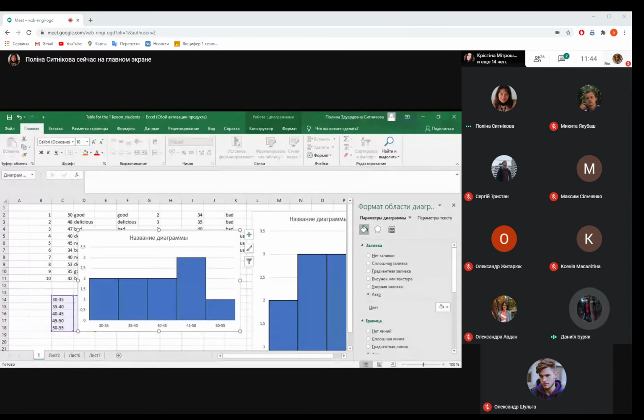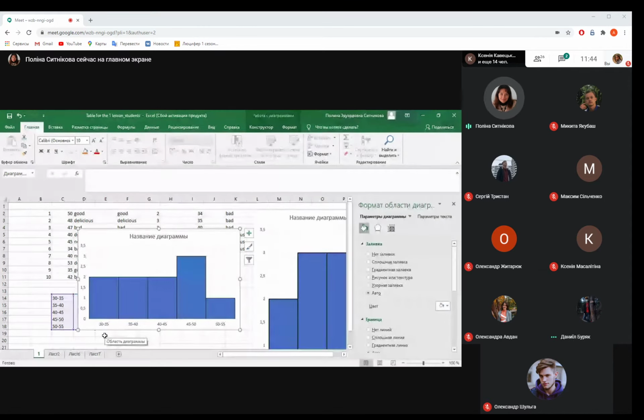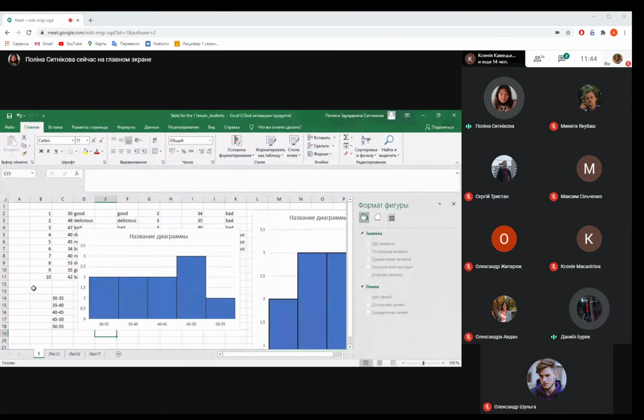Can you tell the English names of functions? English name, I don't know. I think it can be count maybe instead of short count if maybe. Let's